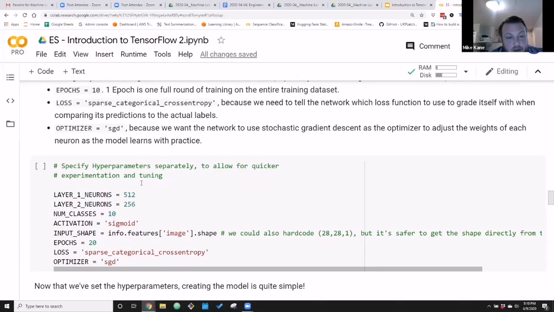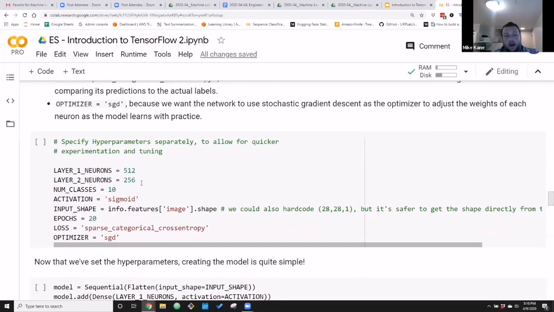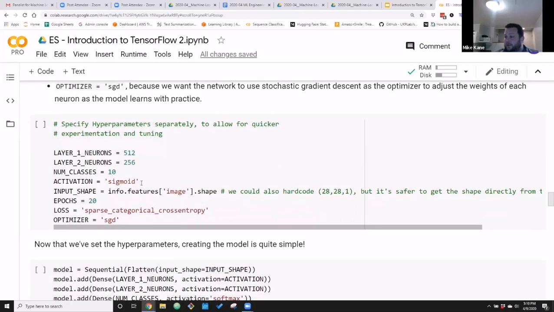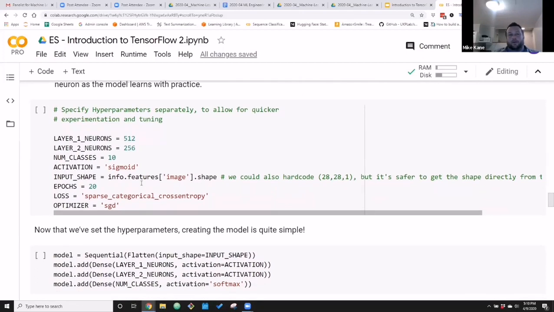So you might want to try different architectures. Maybe you have 3 layers or 4 layers or 2. Maybe you vary the number of neurons in them. Maybe you change the activation function or the number of epochs this model trains for. Maybe you change the optimizer and say, hey, I want you to use this optimizer algorithm to learn the weights for this neural network, okay?